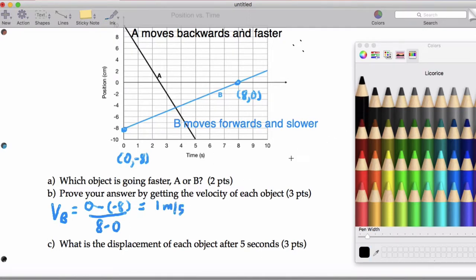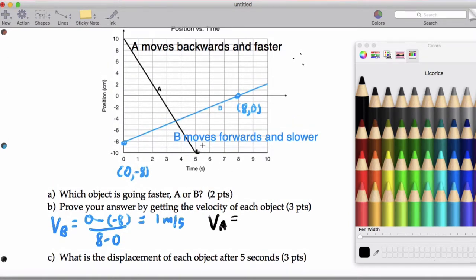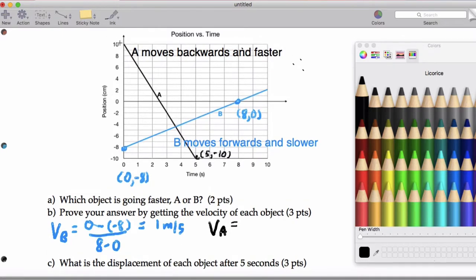And when we compare that to object A, its slope, the slope of its position graph versus time, which is just the velocity, is going to be, well, here this point is (5, -10). And this coordinate tells us that at 0 seconds we're at the 10-meter mark. So here we'll say -10 minus 10 over 5 minus 0, and that's going to give us -4